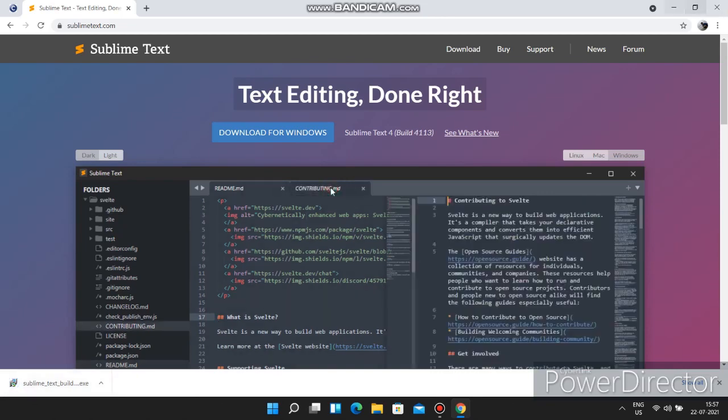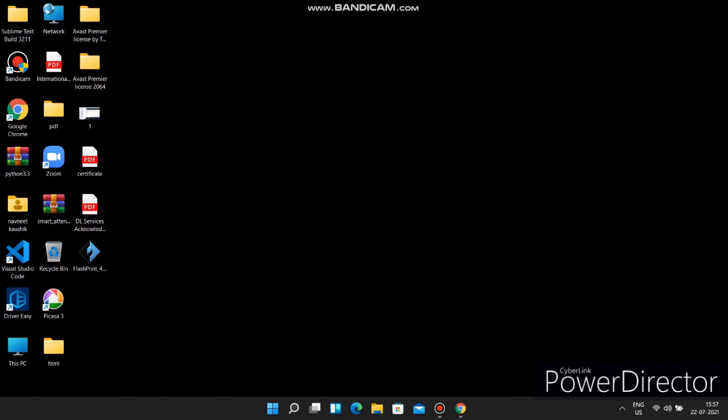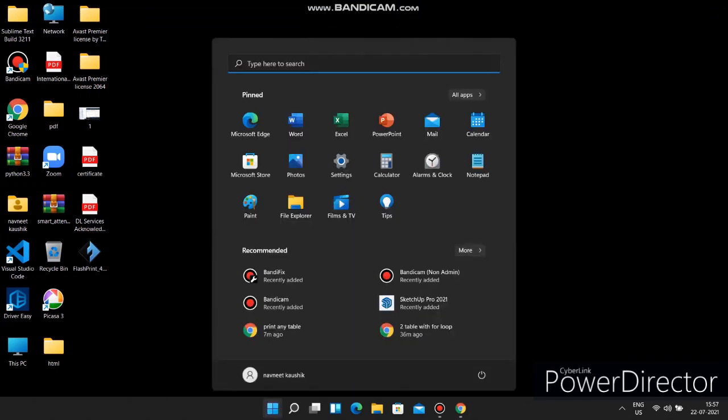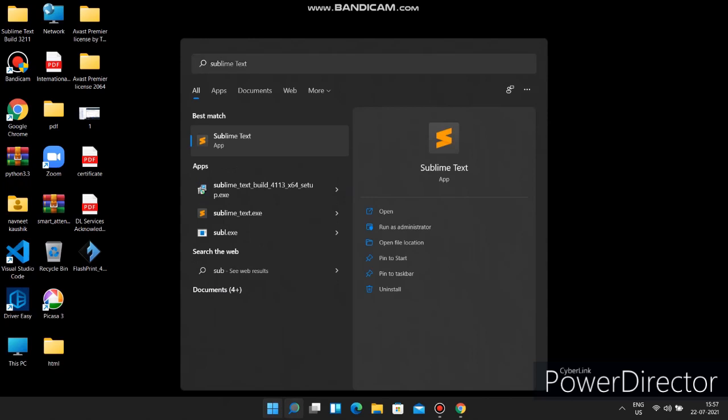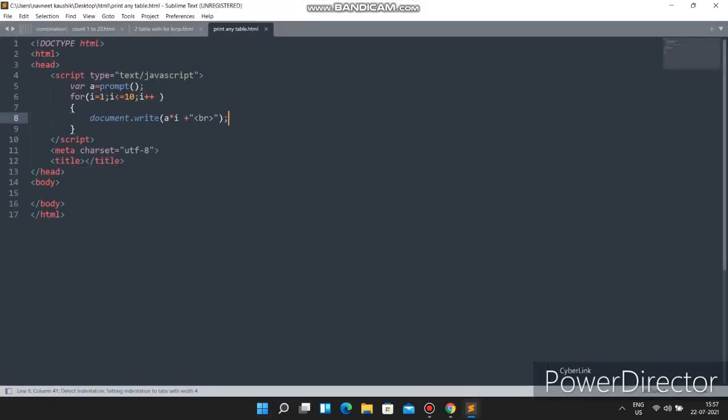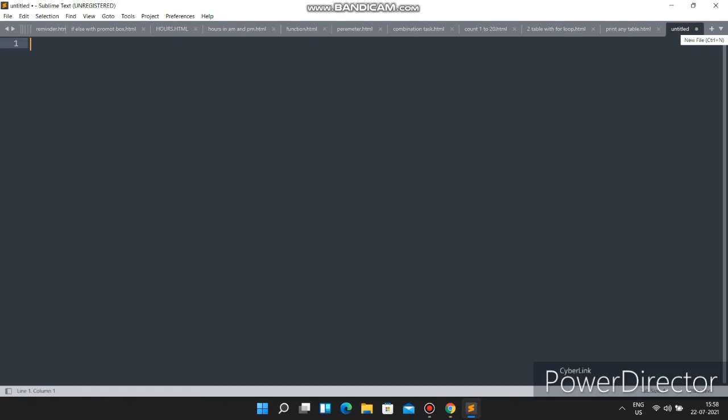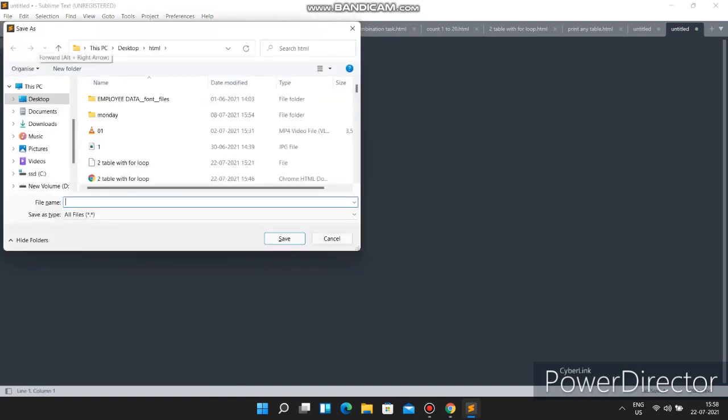As I have already downloaded and installed it, I am not going to install it again. So I am just opening Sublime Text. So this one is Sublime Text. First of all, we have to save our project over here with any name. It's the first project, so I am going to write first. You can name it anything, but you have to give .html at the end as an extension,